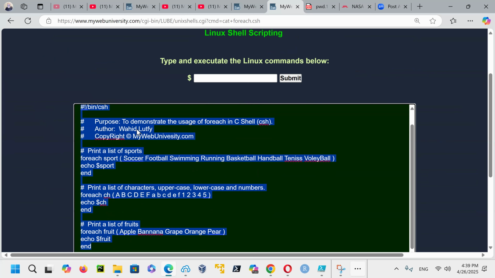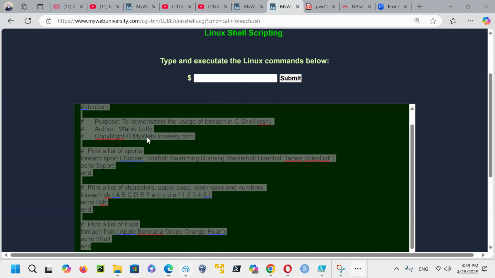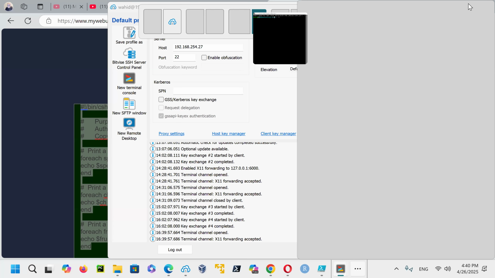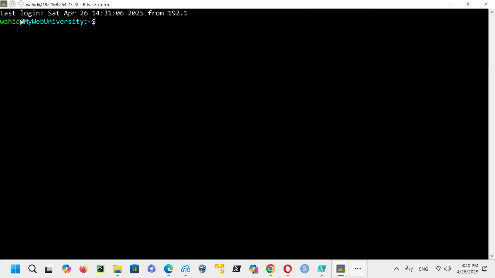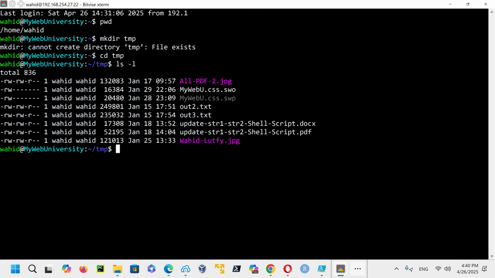So for example, if I just want to demo this one for you, I could open a terminal here, and I'm going to resize this window and maximize it, so you can see that one. Since I copied that one, the best thing is if you have a Linux terminal like I do here, you just go to a directory, let's say mkdir temp. The temp already exists, so I'm going to go to the temp.